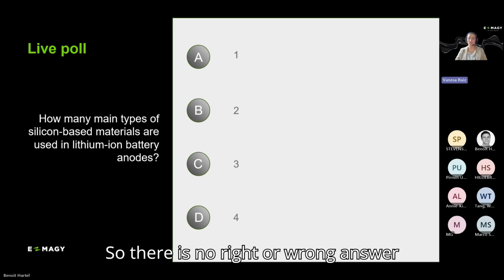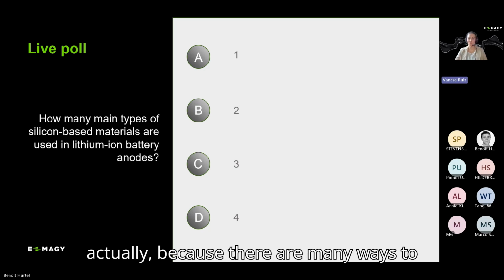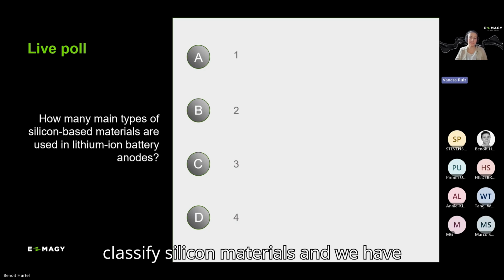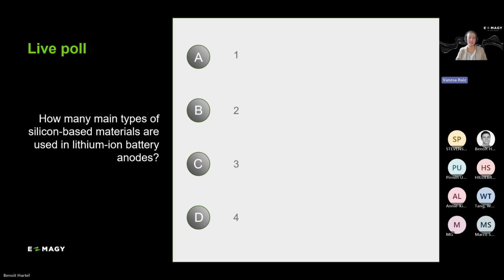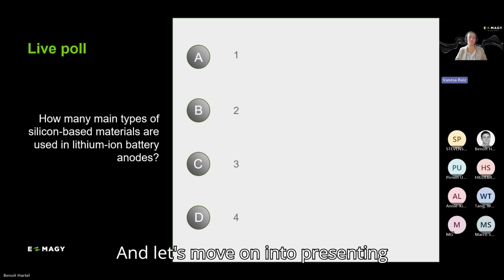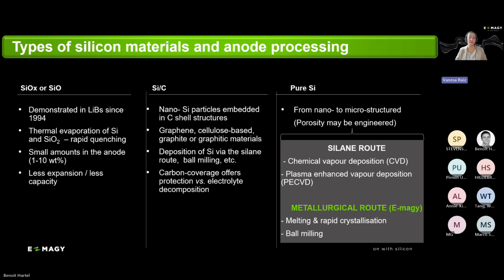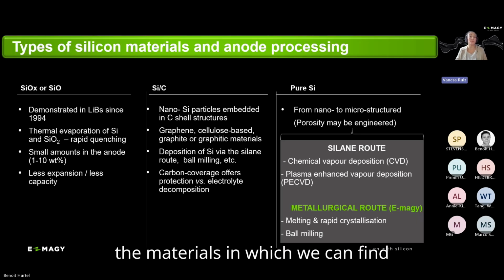There is no right or wrong answer actually, because there are many ways to classify silicon materials, and we have taken a very simplified approach for this presentation. Great, thanks for the responses, and let's move on into presenting the materials in which we can find